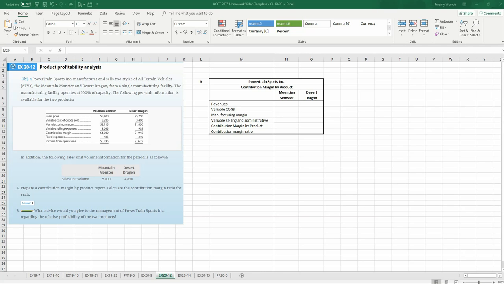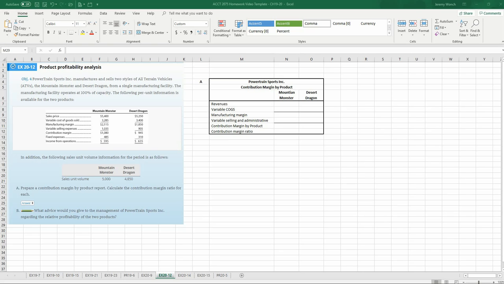All right, exercise 20-12. We got a product profitability analysis. So we've got Powertrain Sports. They manufacture two different types of all-terrain vehicles. They have a Mountain Monster and Desert Dragon, and they have one facility. The manufacturing facility operates at 100% of capacity, and then we have some product information below as far as selling